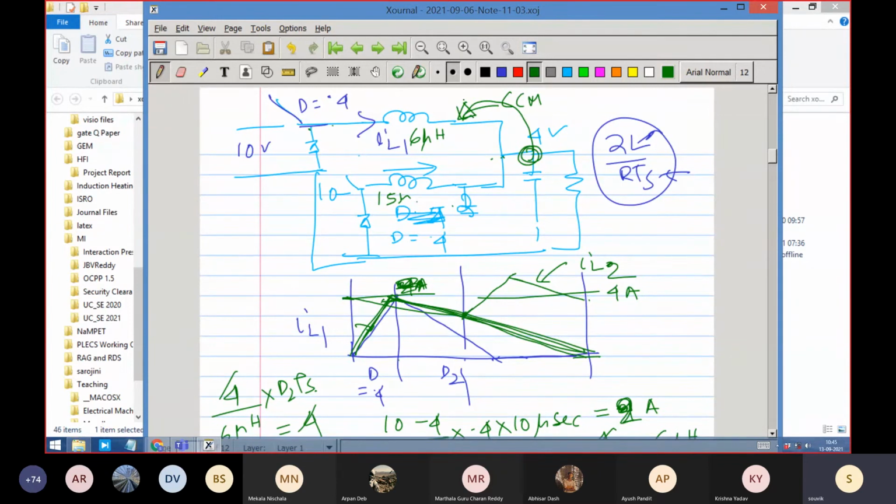I understood it. So this specific thing, this 10 to 4, if it is there, then it has to be equal in CCM. Only thing will be that in the worst case it will go like this and come to 0. If you choose an even lower value of the inductor, then it will go like this and again come back to 0. So both of them will be in CCM.